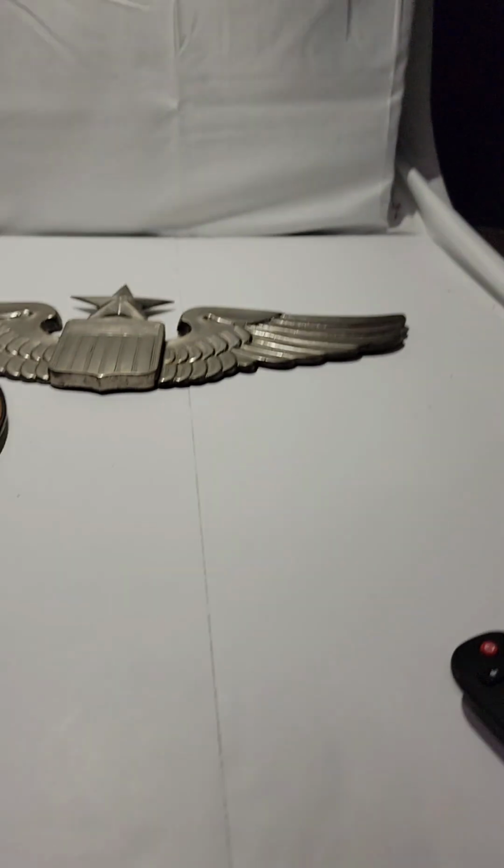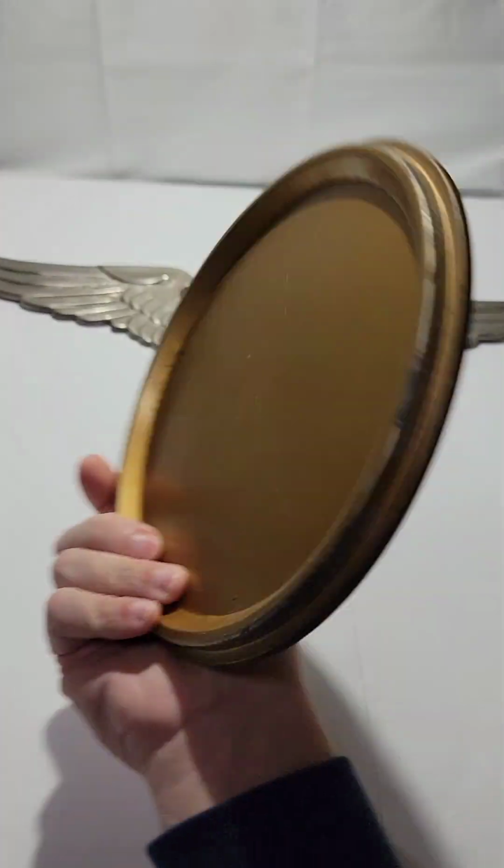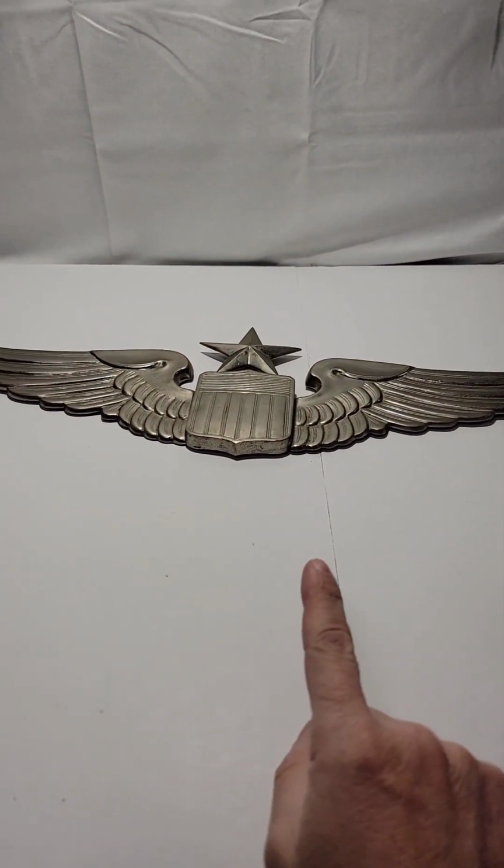But this first pick, I bought a bunch of postcards and photos from this guy before, but went back to his house and he sold me a lot more stuff I haven't seen. So we'll check that out, and the other pick will be another video next week or two. The first piece here looks like the lid for something, but I don't know. Just grab that too. But this is a set of Air Force aviator wings,